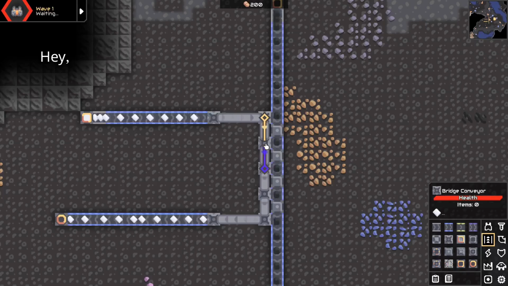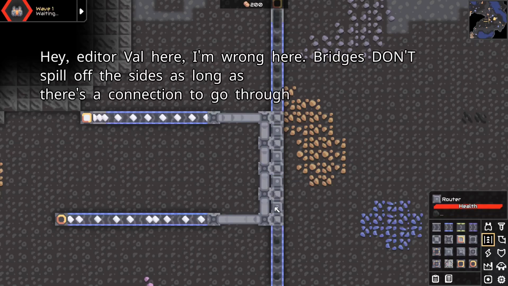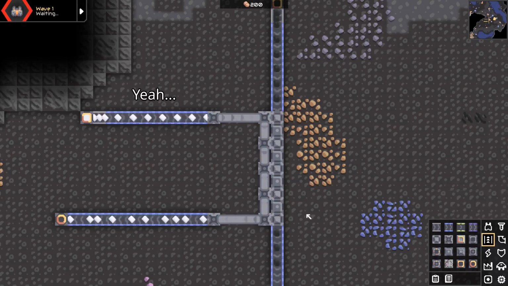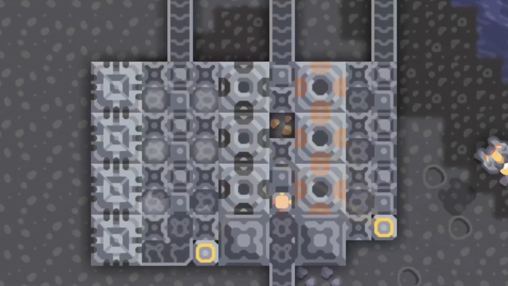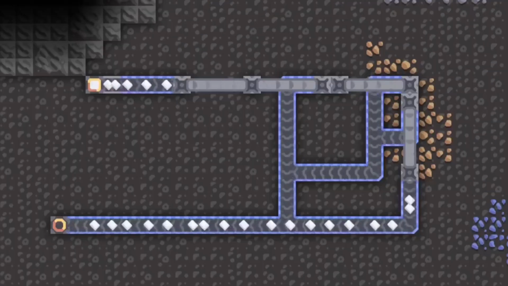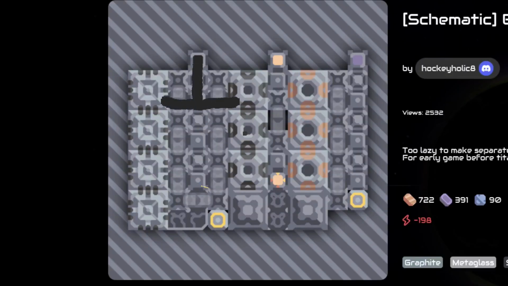The reason junctions are used here is so that the bridges don't spill into it, which is what would happen if there was regular conveyors there, and because of how early this is in the game, armored conveyors haven't yet been unlocked. You may wonder why these conveyors aren't junctions, and that's because bridges can only spill out whichever side doesn't have a connection. The lead goes down a similar junction router line, nothing much to note here, but the